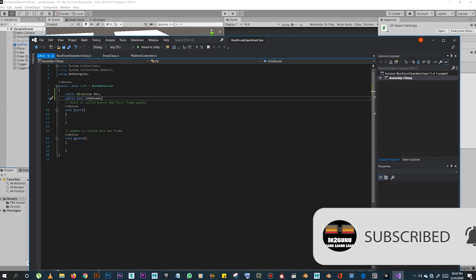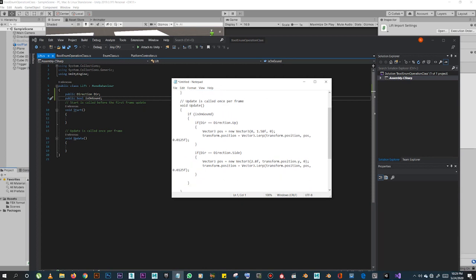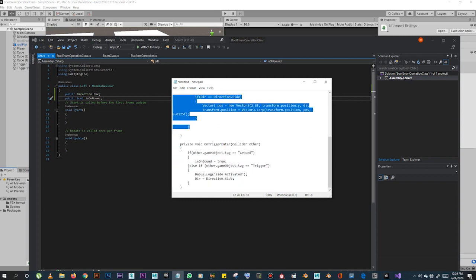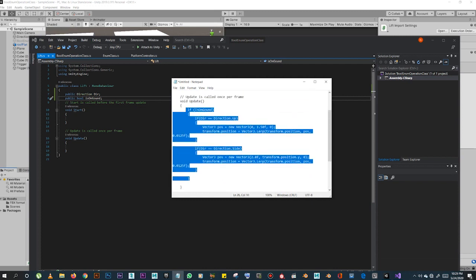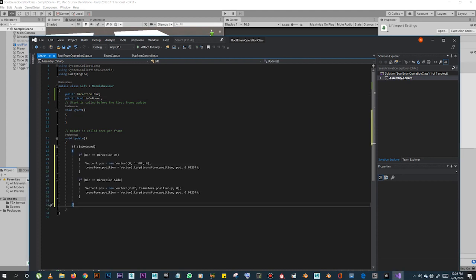Weird, right? So we're going to go into the next portion of the script, and we're going to take this whole chunk of the script and paste that into our update, and I'll explain what's going on. In our update, we're checking if the object is grounded. If grounded is true, then we want to check if direction is up or if direction is down. So if direction is up, we want it to move the object upwards, and if our direction is down,